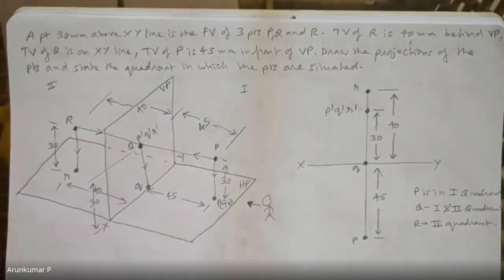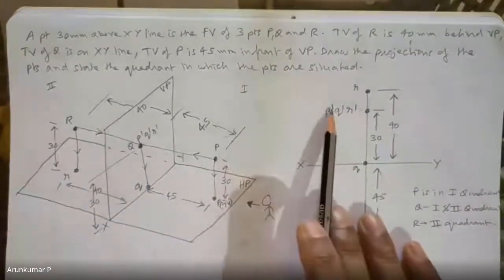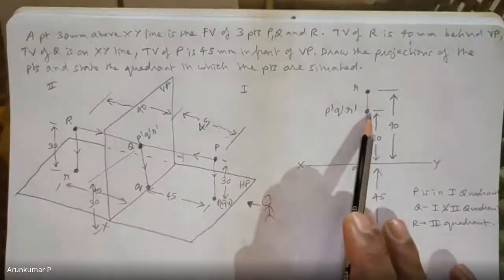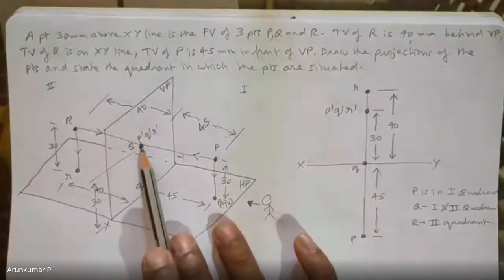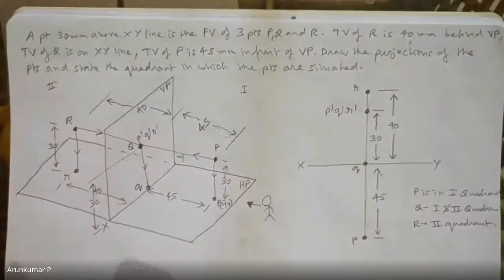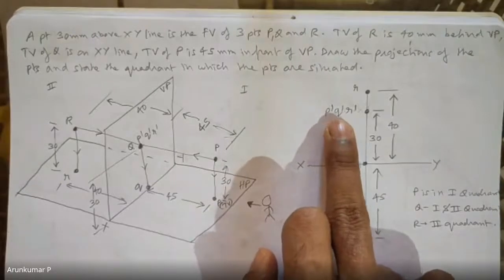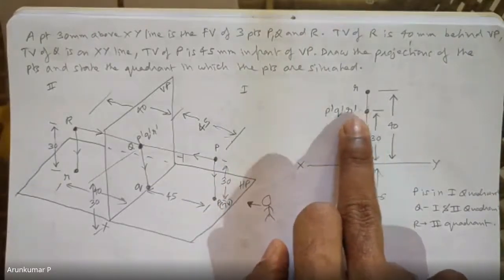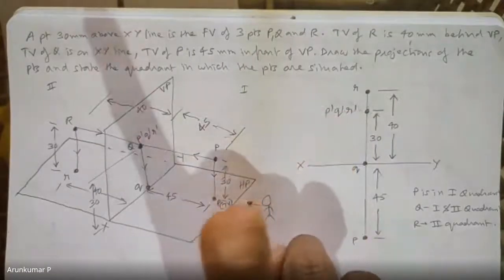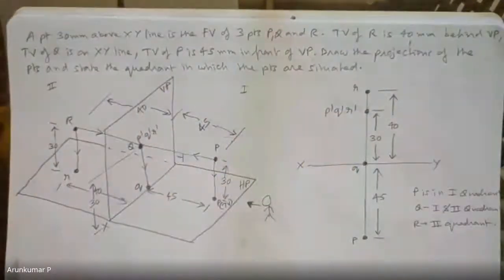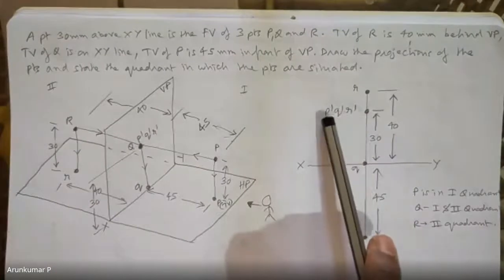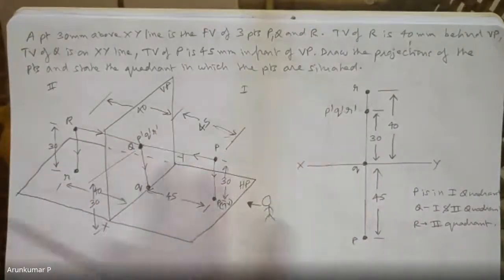Now, if you want to go one step ahead, just for the sake of understanding, see there are 3 front views at the same location, here and here. Now, from our experience, we know that this is not possible. It is not possible that you are able to see all the 3 front views at the same location. You are going to see one of them. The other 2 will be covered. So tell me, which is the front view you are going to see here? And which is the front view you are not going to see in this position?